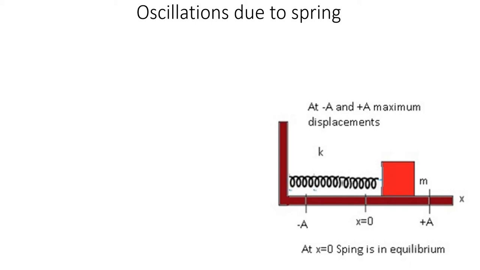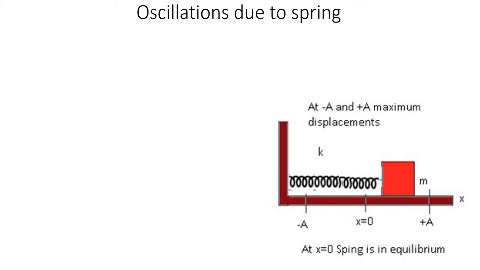So here you can see in the diagram a spring is fixed on a rigid wall and at one end of the spring we are connecting an object of mass m. And if we stretch the spring by exerting force on the mass m, and once it is released, we can see that the spring will start executing oscillations. Okay, and here we are going to discuss that those oscillations due to that spring can be considered as simple